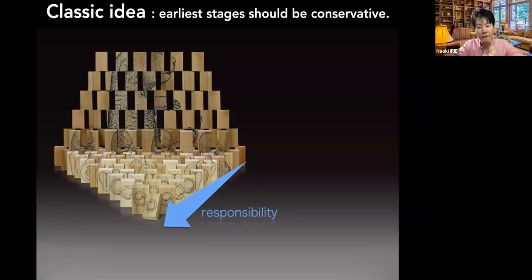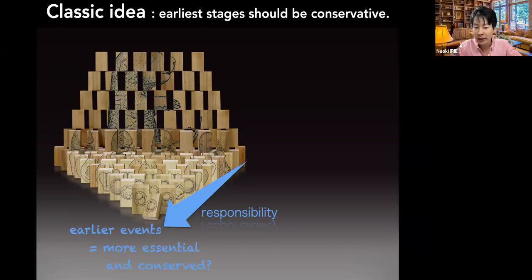But this was counterintuitive because when we look at the molecular developmental process, it goes like domino toppling. So since it's like domino toppling, the signaling cascades expand during development. So it sounds like the earliest stage should be conserved the most.